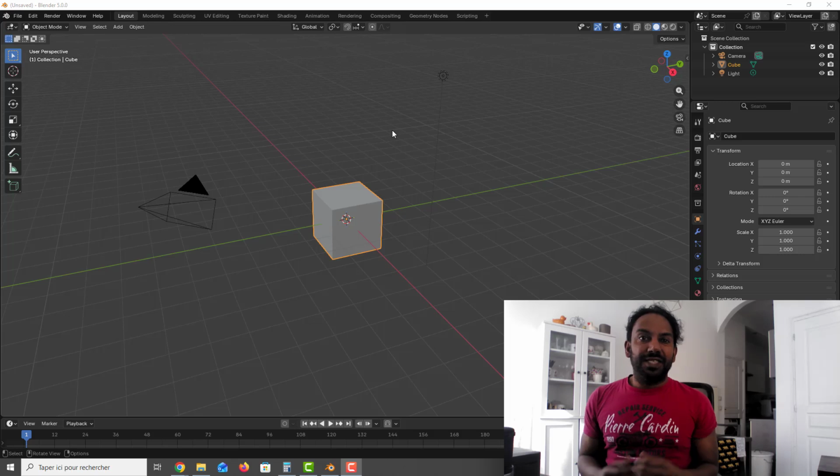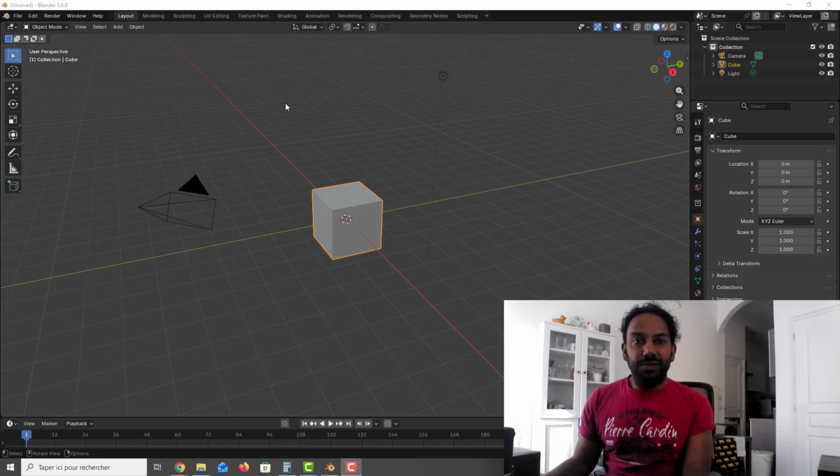Everybody, this is a short tutorial. We will see how we can animate a door. So first you can go to Blender,